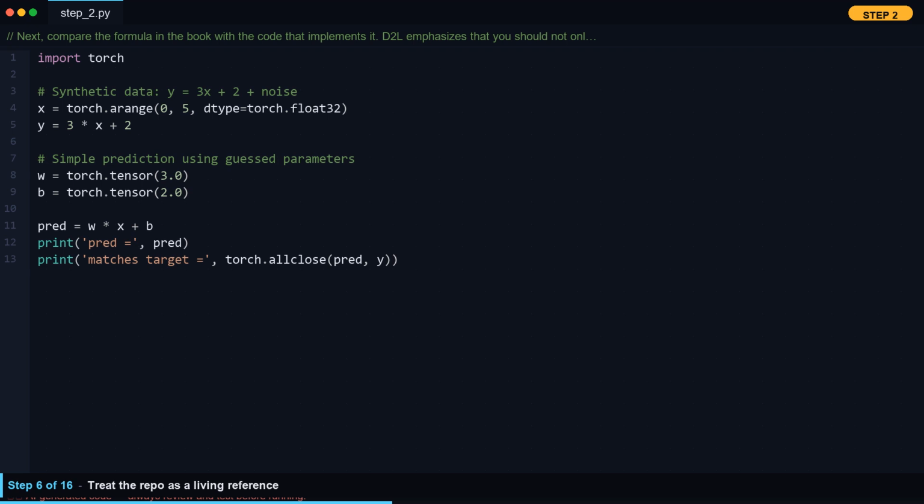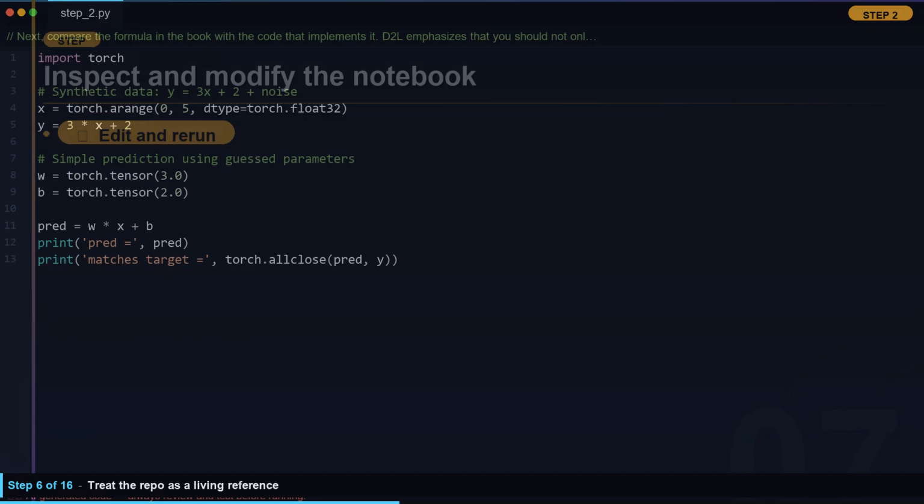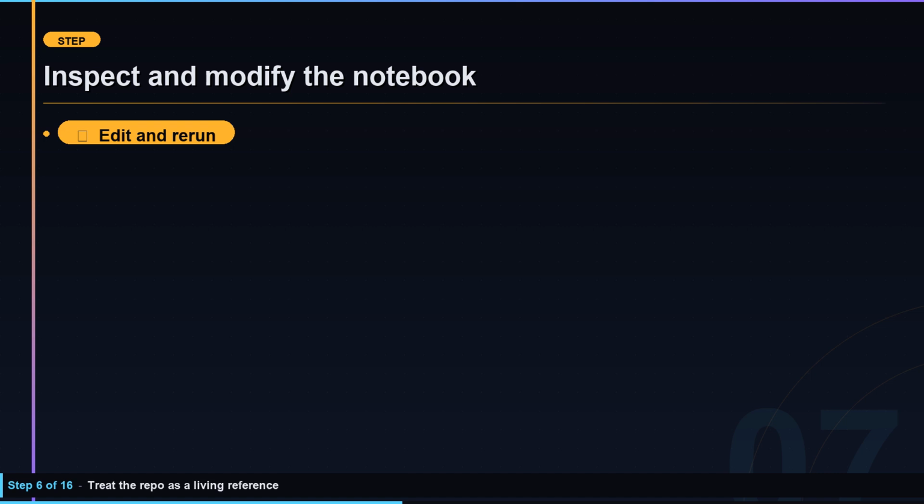But there is a catch most people miss. The real power of D2L is not that you read the code. It is that you change it. That sounds simple, but it is the difference between memorizing and actually understanding. Here, a hyperparameter is just a knob you can turn, like a learning rate or a weight value, to see how the model behaves. In this tiny example, x is a list of numbers from -1 to 1 and w